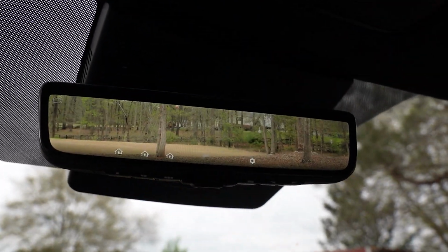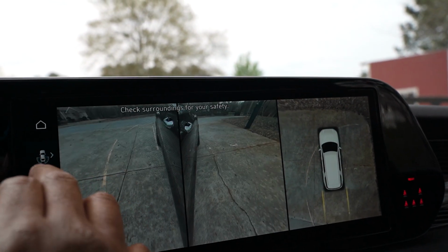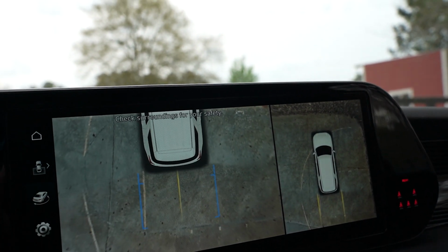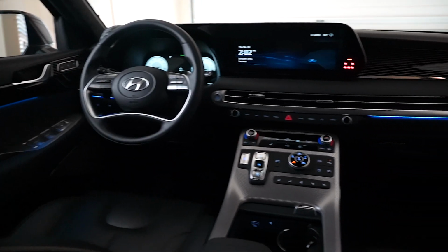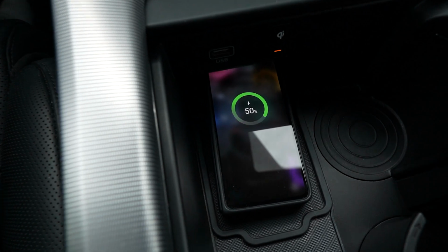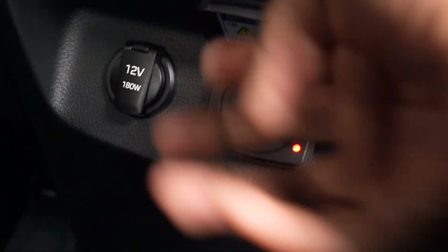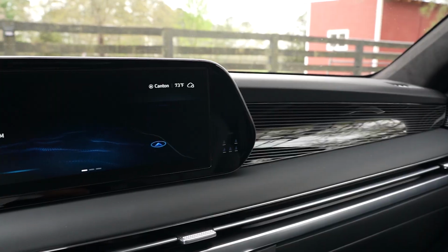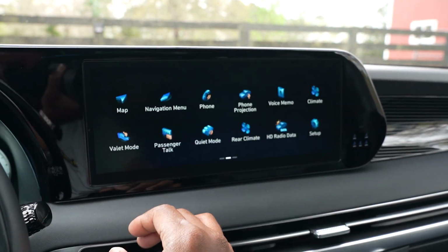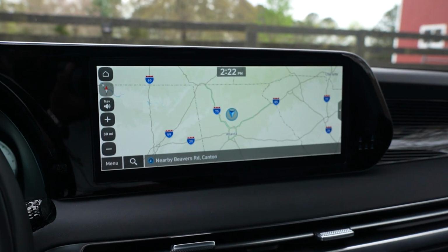digital rear view mirror with home link, surround view monitor, blind spot view monitor, ambient lighting, wireless phone charger, AC power outlet, front, second, and third row USB charging ports, 12.3-inch touchscreen infotainment system with navigation, a nice sounding Harman Kardon premium audio system,